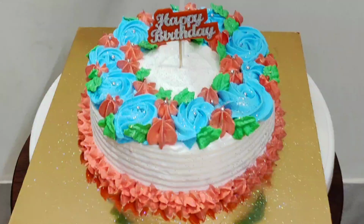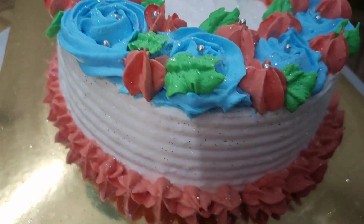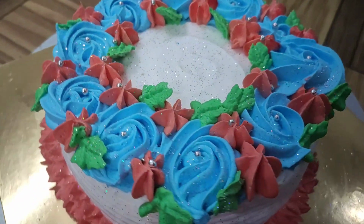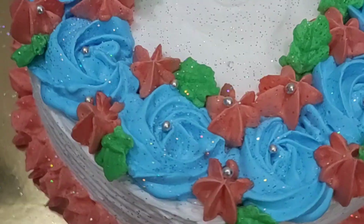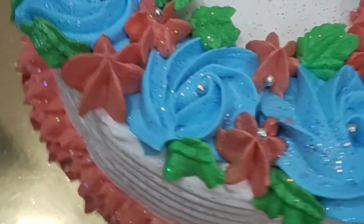Hello foodies, as you can see this cake is so beautiful, so bright, colorful, and glittery too, because the person for whom I was making this cake loves bright colors and glitters. So for that I made this cake,